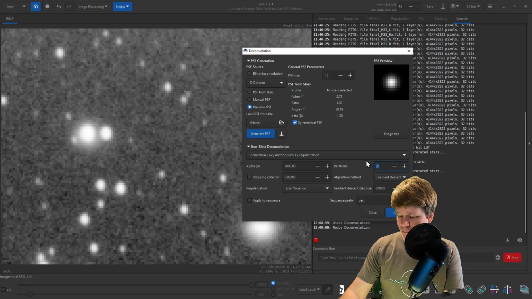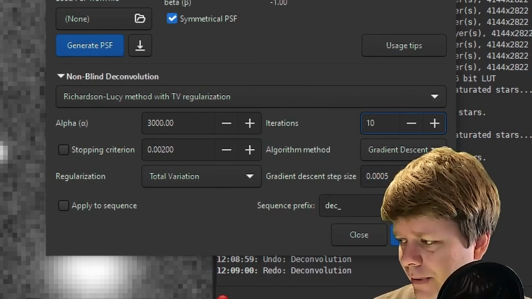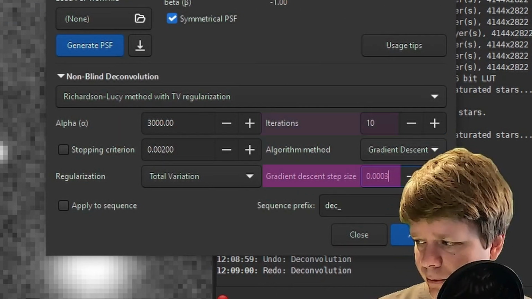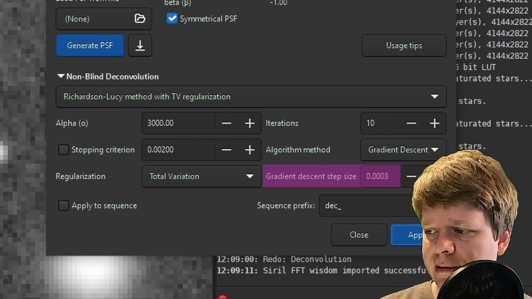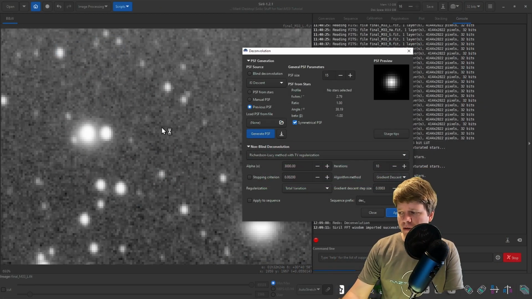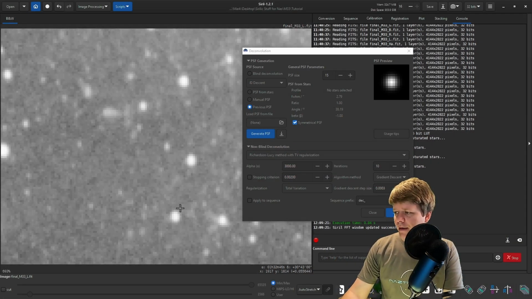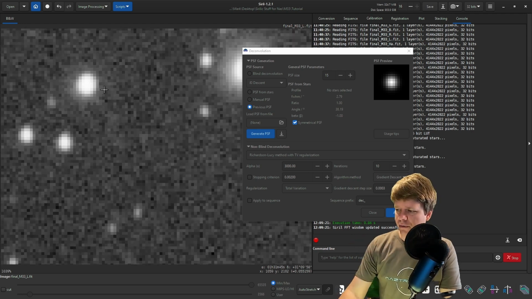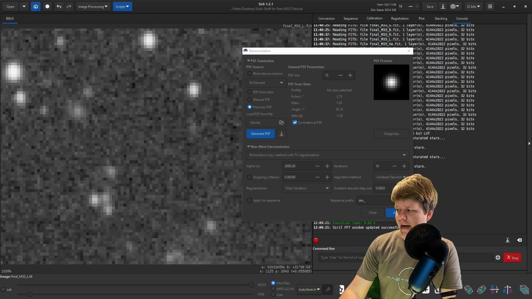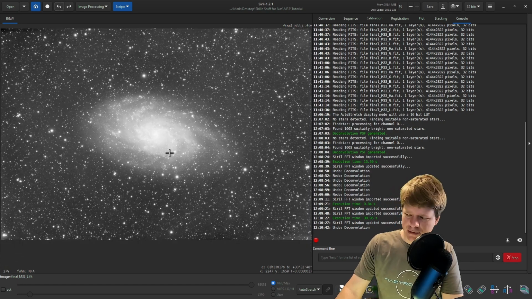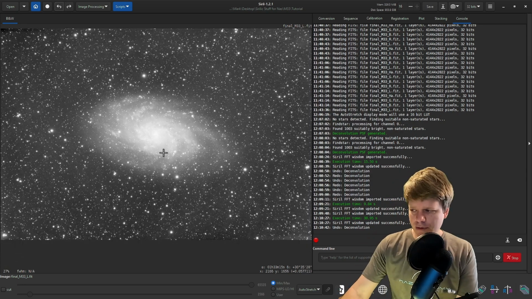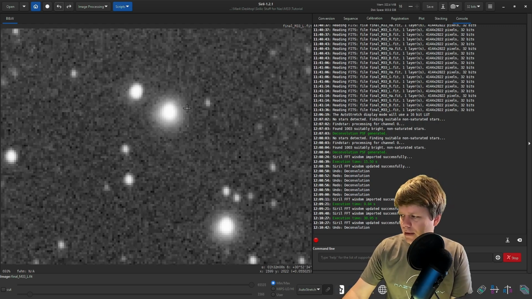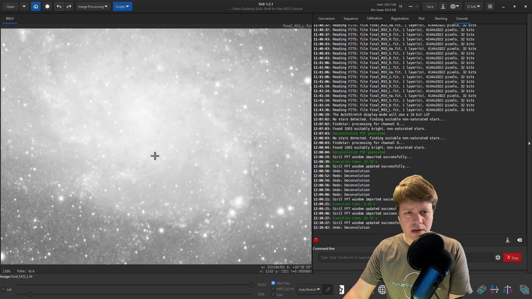We could even try this one more time, maybe like 10 iterations, bring the gradient descent size back down to 0.003, which is the default, and click apply again and see if we can get a little bit tighter stars. Yeah, there we go. The main thing is we don't want there to be ringing around the stars. That makes it look bad. So we just kind of go around, make sure there are no dark halos. If we zoom out, I think everything looks good. The main thing here is to, again, make sure there's no ringing and make sure things still look not overly